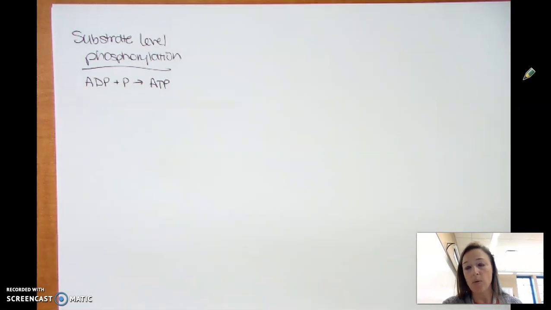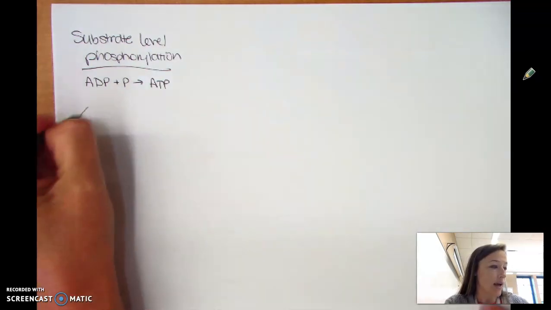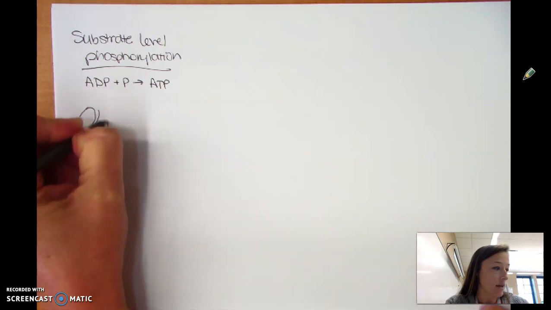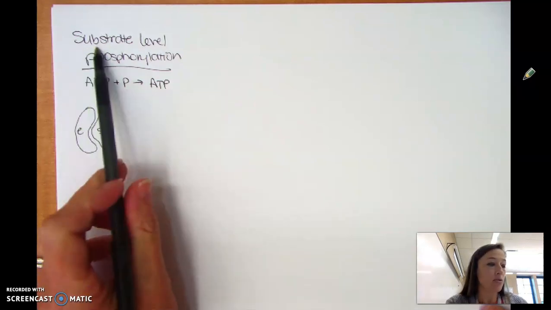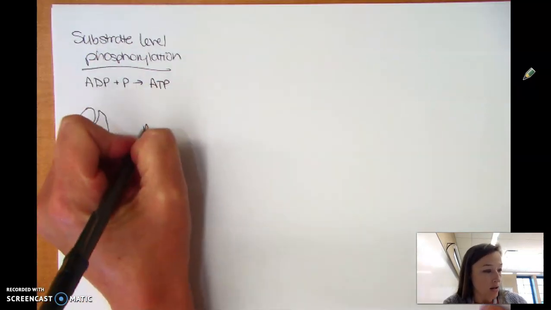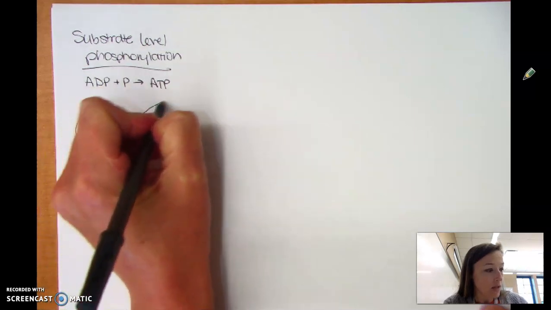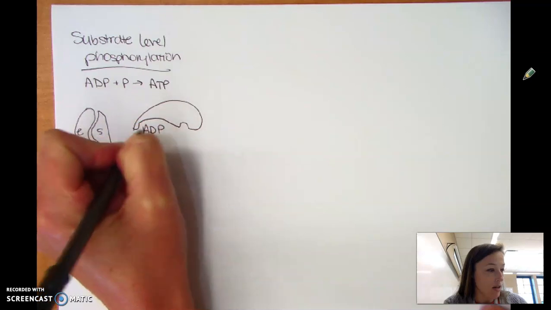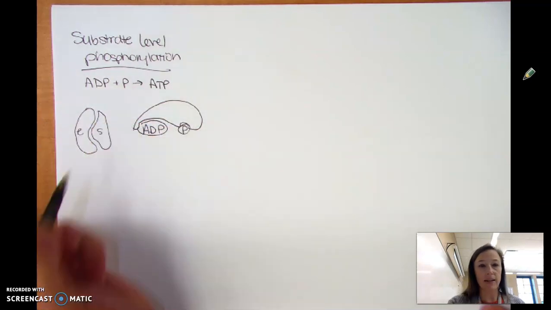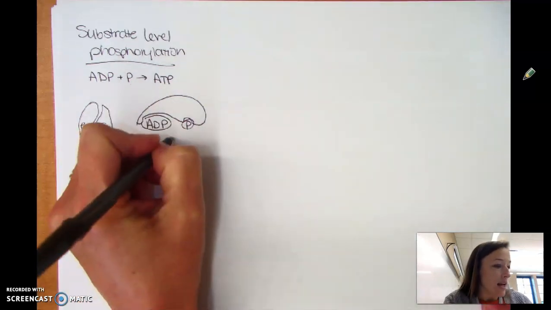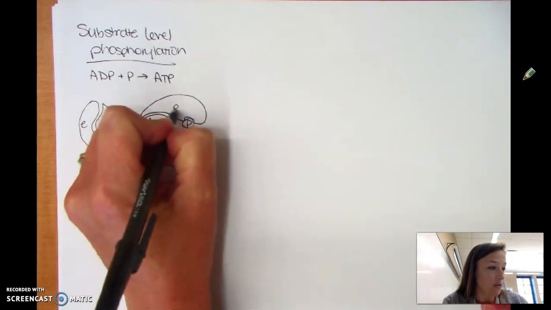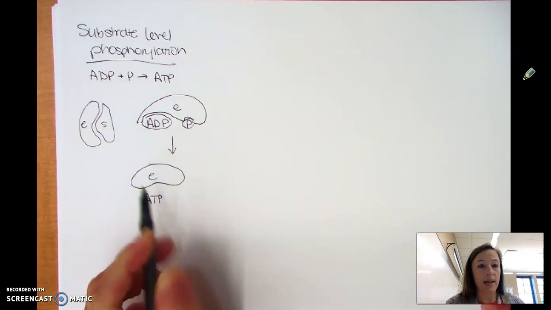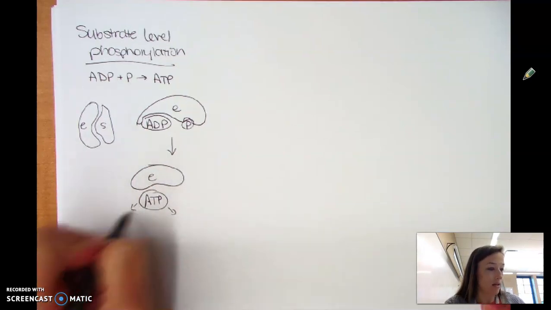And when we talk about substrate, that word should look familiar to you from enzymes. When you have an enzyme and it binds with something, the thing it binds to and acts on is the substrate. So substrate level phosphorylation is simply where we have this enzyme, it comes over and it hugs ADP and a phosphate. It just hugs them, pulls them close together, and it actually catalyzes that reaction. So there's the enzyme afterwards